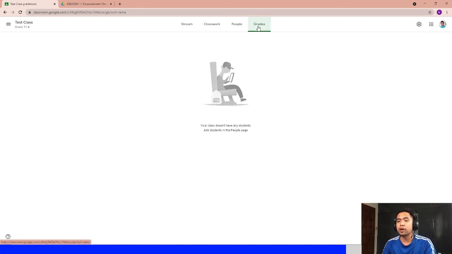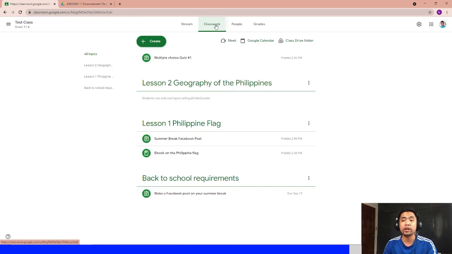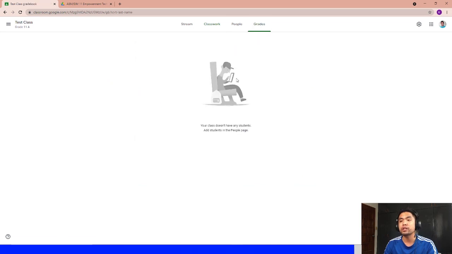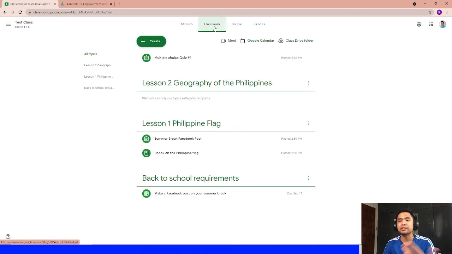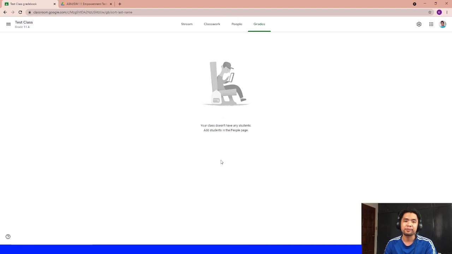Now, for the last part, this is the grades, okay? And this is very important because what you have done here sa classwork, the results of their activities will be shown here sa grades. So they will be able to see their grades right here. So whatever happens in the Google Classroom that is graded will be seen here sa grades na part. So that is it. That is the quick run of how you can use your Google Classroom for the class